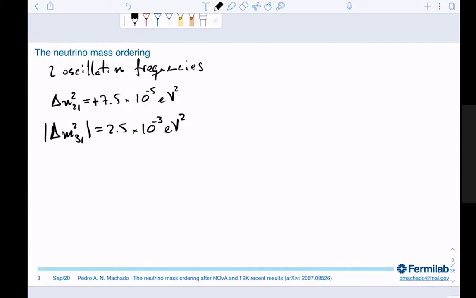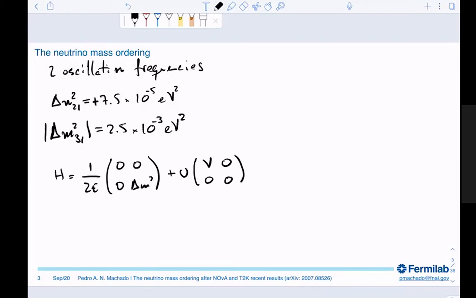And this is one of the very few formulas that I'll give you in this talk. So when you are calculating neutrino oscillation, the important quantum mechanical quantity that you have is the Hamiltonian. And in 2 flavors, you can write the Hamiltonian like this. So this is oscillations in vacuum. And now you add a term that has to do with how matter changes your oscillation frequency. So basically when neutrinos cross matter, they feel like a refraction index, and that changes their oscillation behavior.